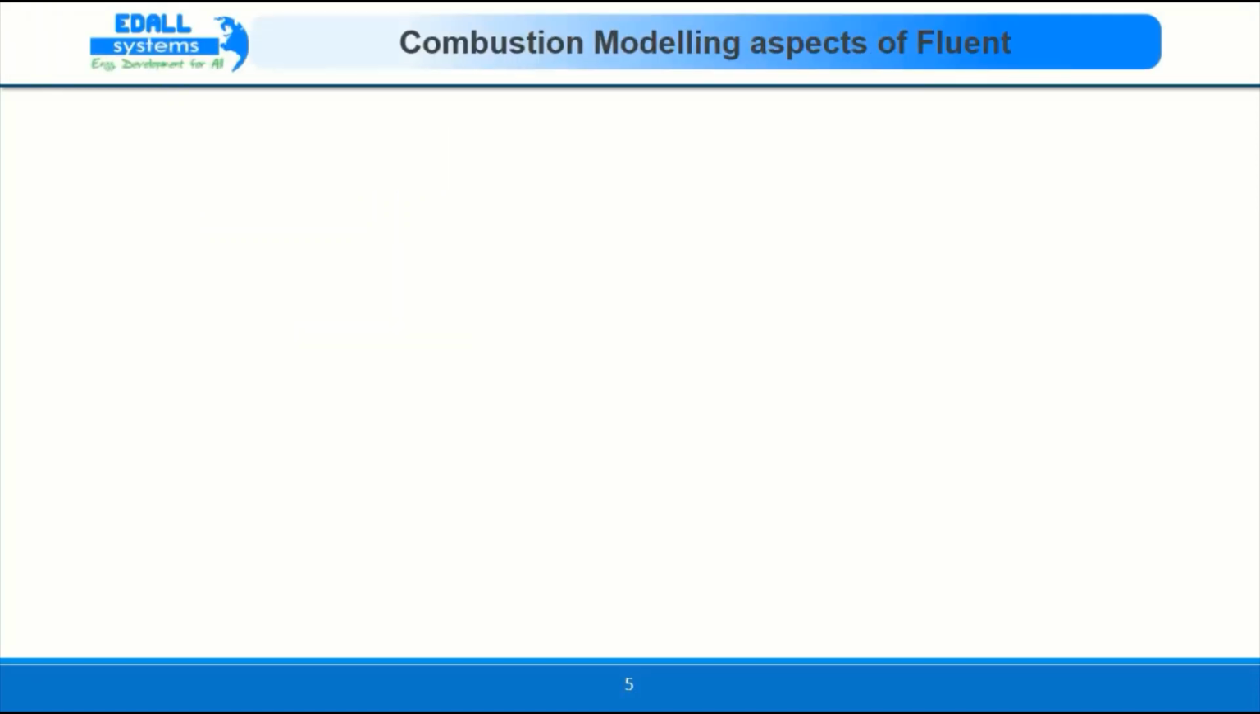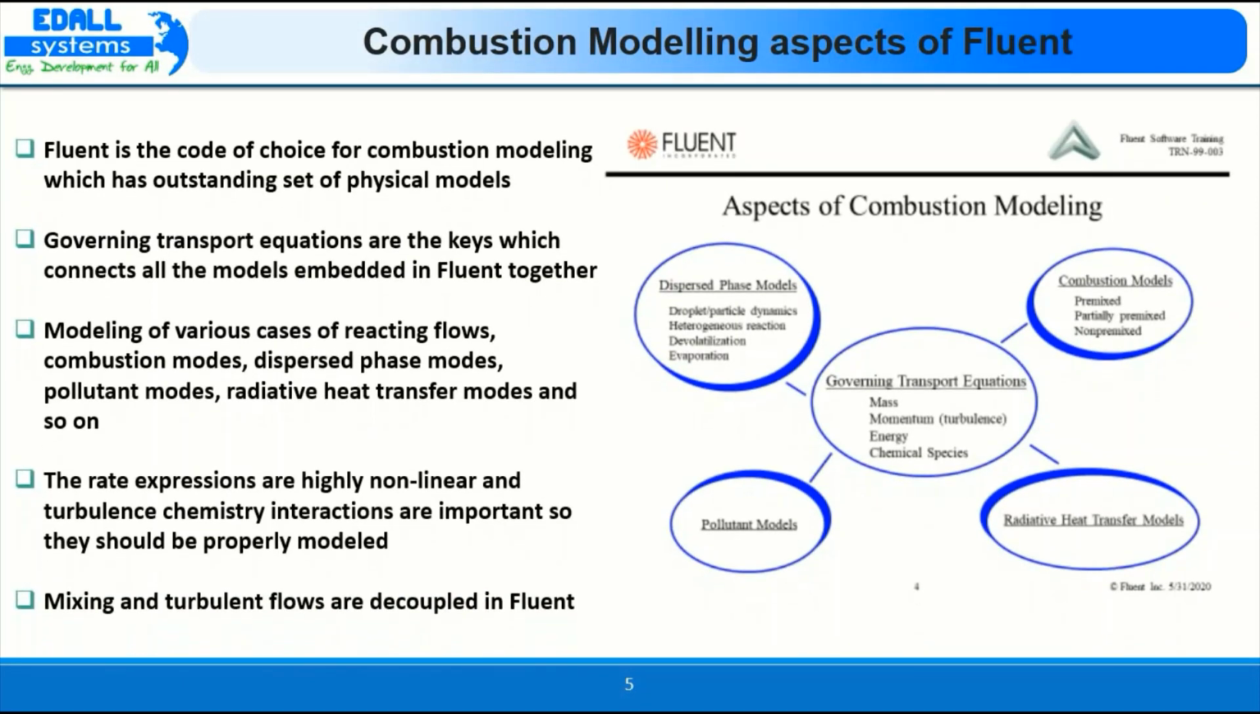So how can ANSYS Fluent be the code of choice to model such combustion problems? Fluent has an outstanding set of physical models, and the key for such models is that along with the primary conservation equations, that is mass, momentum and energy, Fluent solves an additional equation, that is the species conservation equation. This species conservation equation is a special equation because it involves all the complexities which we have seen in the previous slide. All those complexities are handled with this one single equation, the species equation, and with this Fluent has